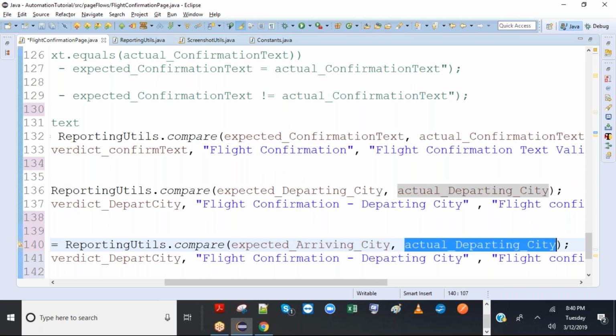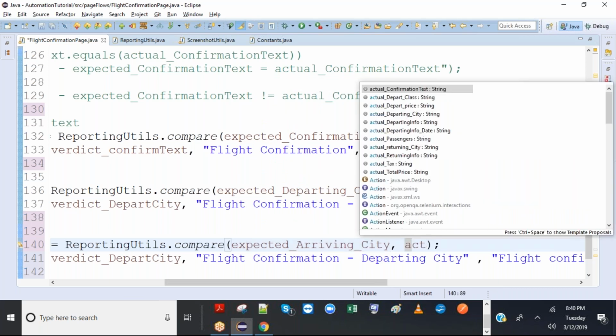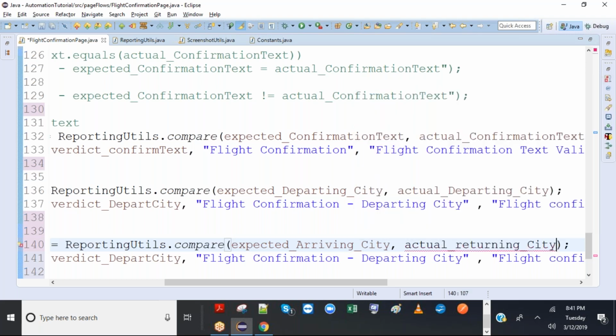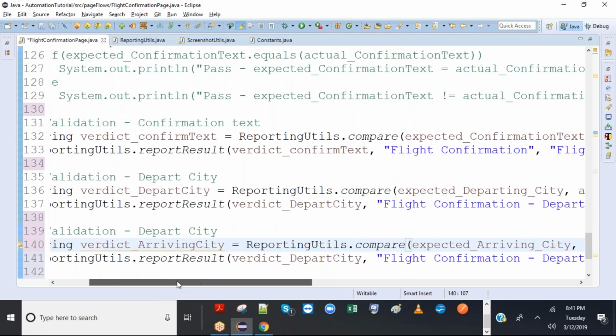And this would be actual underscore arriving. Okay, so where is that? Did we name it properly or not? Departing is there. Arriving city, I don't see. Returning city, okay. So returning city is the name. So let's name it appropriately.